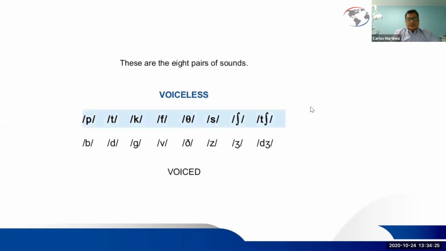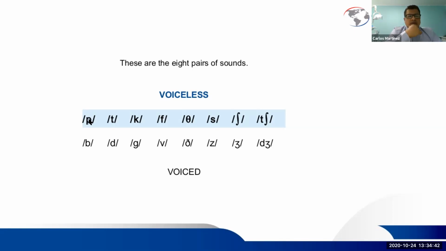So there are 8 pairs of sounds. Now each pair has an equal. When I say equal, it means that your teeth and your tongue and your mouth are going to be collocated in the same way. So when you want to make this sound,